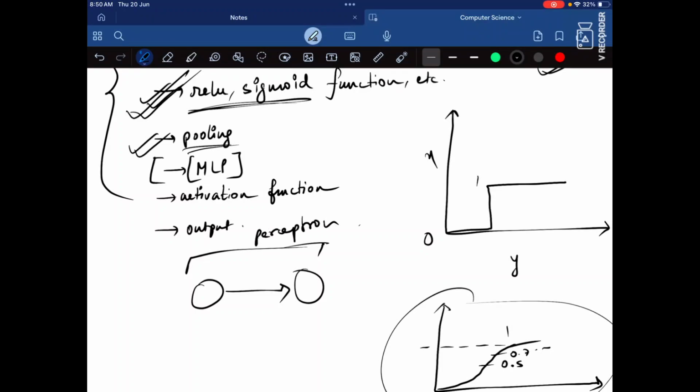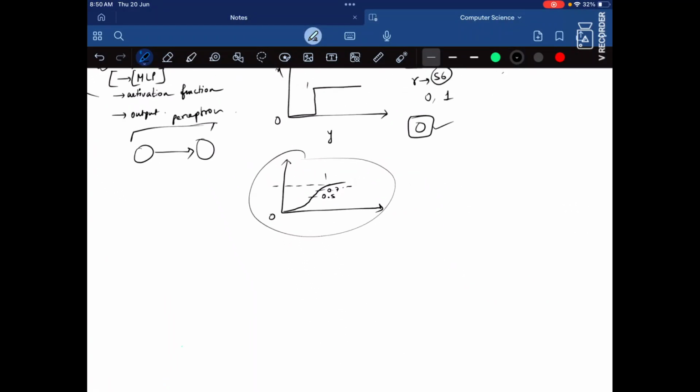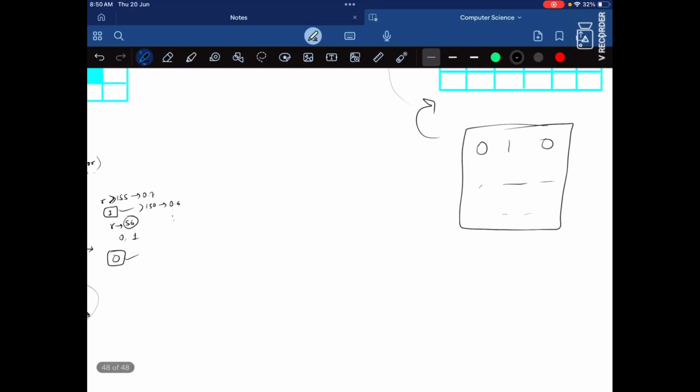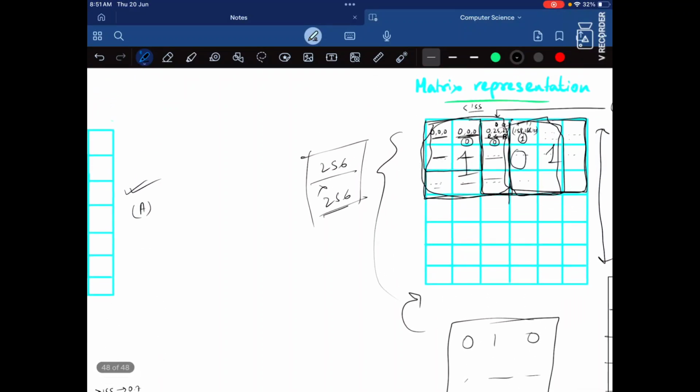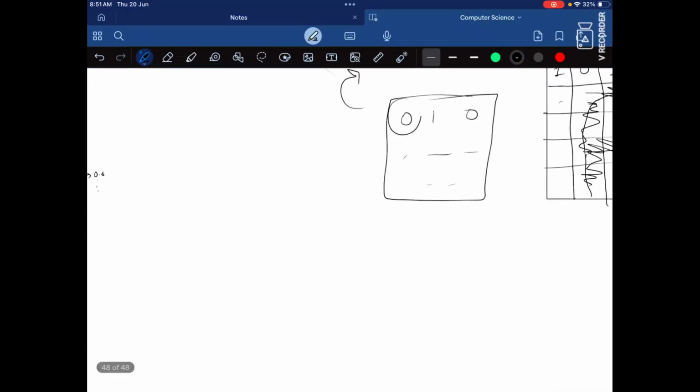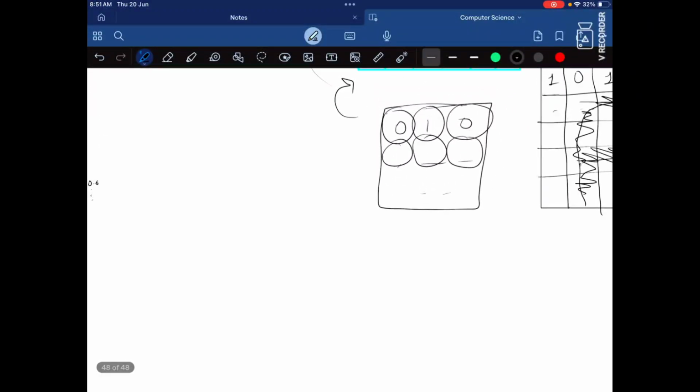So now coming into MLP, we'll use MLP now. This image is just nodes. These small grids are the nodes that we train on.